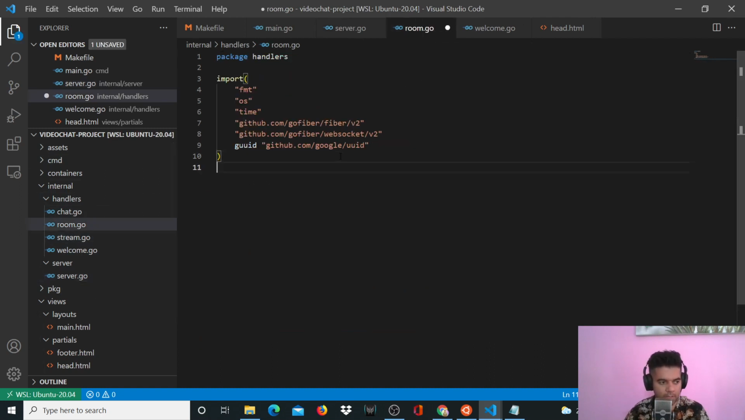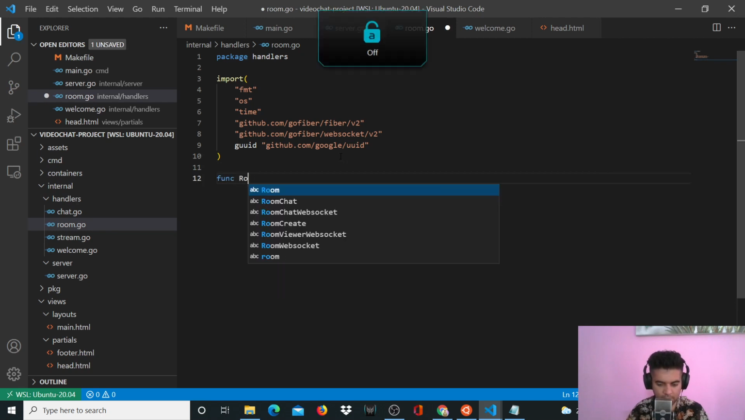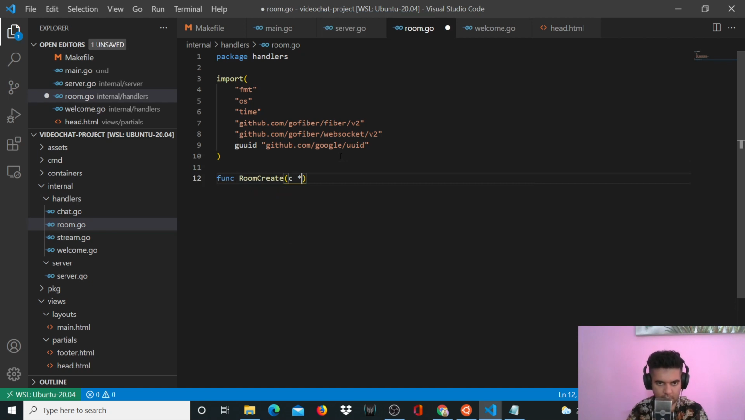So let's create our room create function, which again takes fiber.ctx. Like I said, if you don't know what fiber is, how it works, what is context in fiber, and what we are doing here, you can watch many other videos on YouTube, or I'll create a video about it maybe tomorrow or day after, and I'll probably explain how all of this works, and then everything will be clear to you. Return